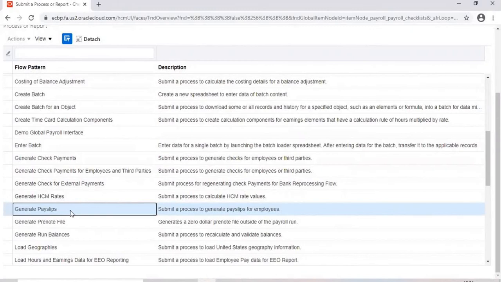They will have their own payslip format, and they will ask us to develop it. So usually we create our own client-specific payslip report, and then we incorporate that as a process in this particular process and report section.